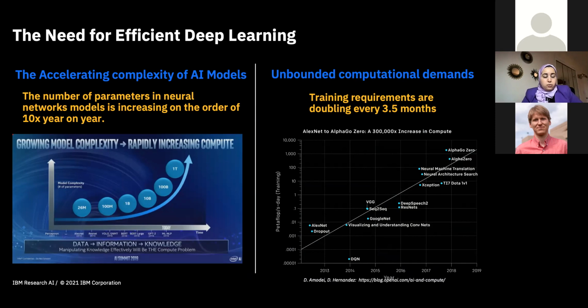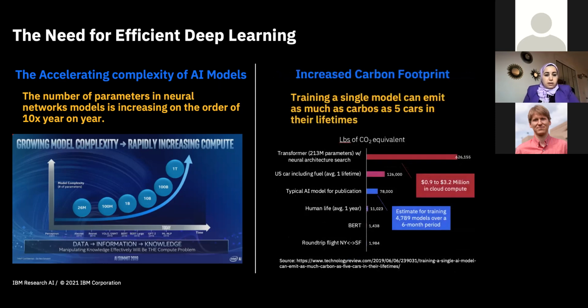In fact, compute requirements for large AI training jobs have been doubling every 3.5 months. If you look at the compute requirements to train AI models over the last 5 to 6 years of some of these flagship demonstrations that we've seen in the popular press, this trend is going. We used to be really impressed with Moore's law, but this is doubling every 3.5 months, which is really huge. What are the implications of this when it comes to